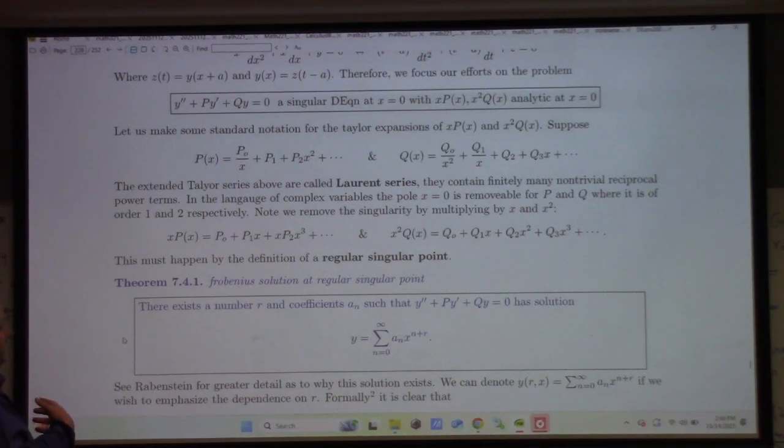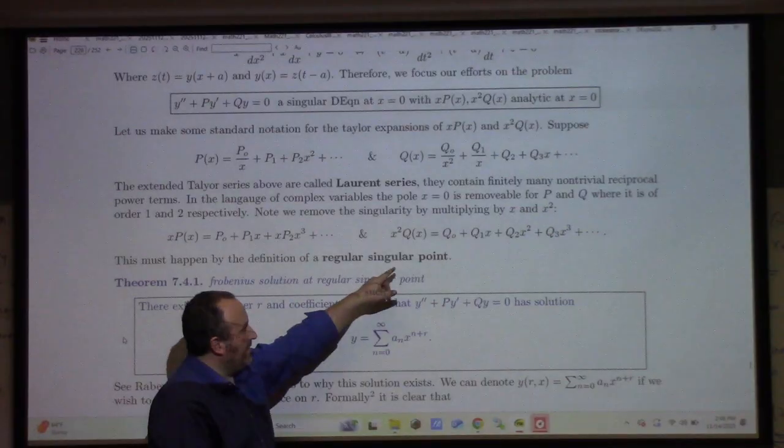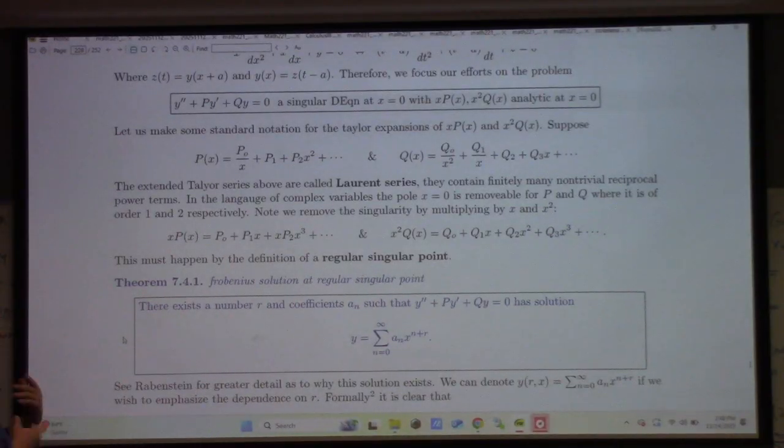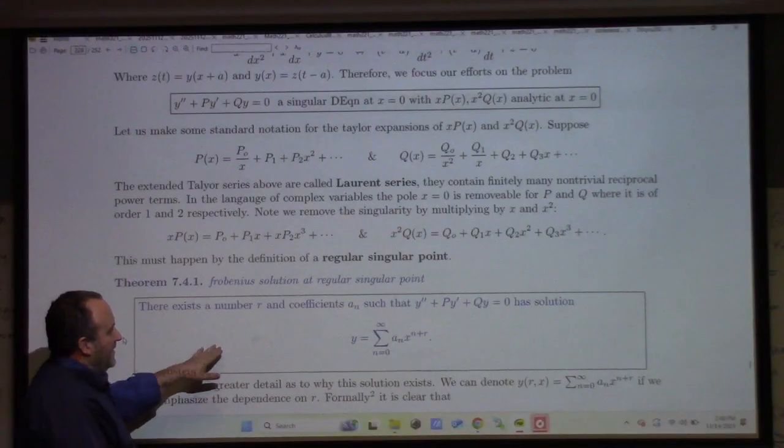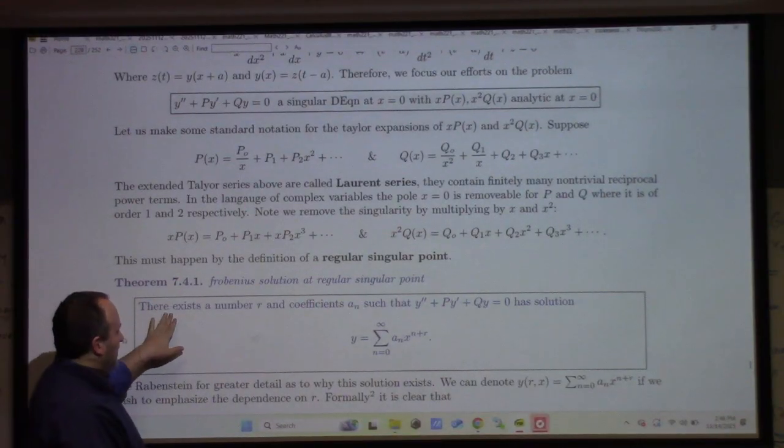Anyway, so the point is we have p and q given Taylor expansions for xp(x) and x squared q(x), right, because they're analytic. And listen, we're just going to assume that x naught is equal to 0 to reduce clutter. This whole thing could be done at x naught not equal to 0, but it's just much cleaner to focus on x equal to 0, all right? So the Frobenius solution at a regular singular point, in particular at 0,